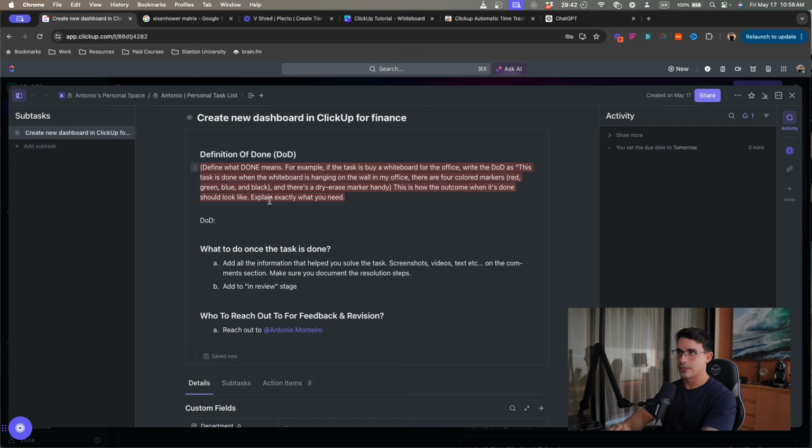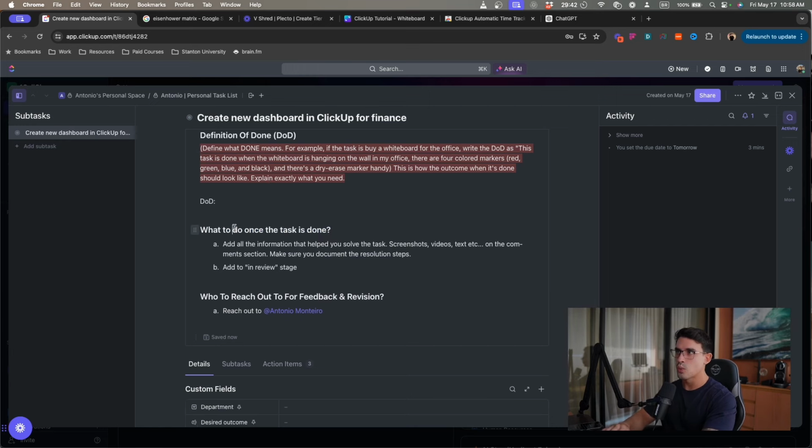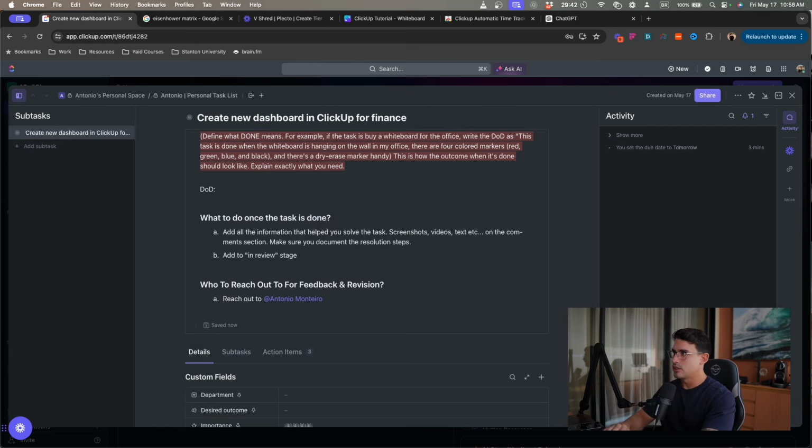So you want to put the definition of done as close as possible. What to do when the task is done. So I always like to ask my team to put all the information of what to do when the task is done in the task, like the Zapier automation, the dashboard, the data, how it's being tracked, everything they did, a Loom video, all the context needed for me as the person reviewing the task to analyze what's been done, provide feedback, and determine if the task is completed or needs iteration.